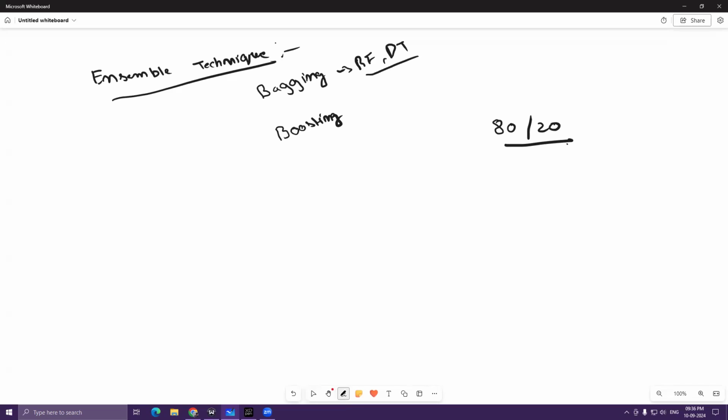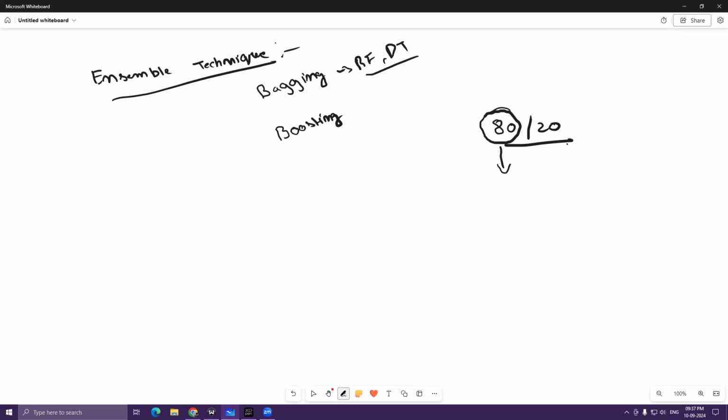Now, out of this 80%, when a random forest model has been built, random forest is nothing but a combination of multiple decision trees which are run parallelly. I hope you know about it, right? Now, when a random forest model is being built, there are multiple decision tree models which are built parallelly in the backend. Now, what happens with this bootstrap sampling technique is there are multiple subsets of this particular 80% data